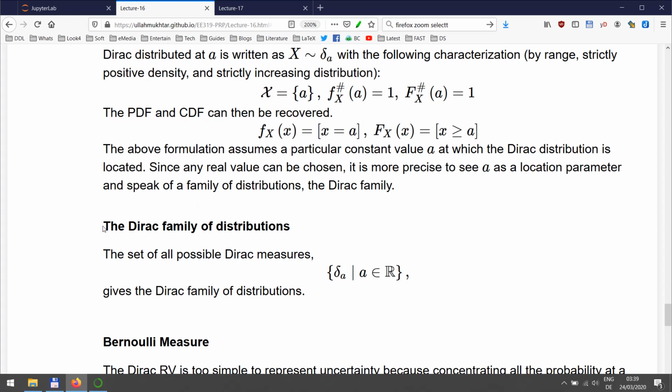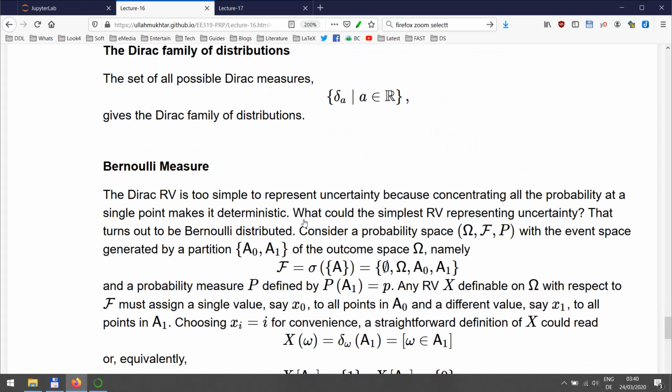So we have the Dirac family of distributions, and that is the set of all distributions for each value of a. So delta a is the distribution for a particular value of a, and that a as a parameter can take any real value. So we have a Dirac family of distributions. We'll see this concept